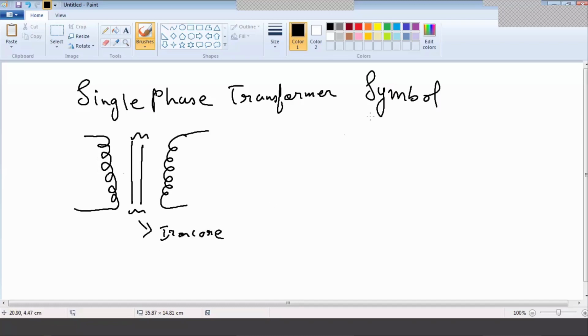Okay, actually what is a transformer? What is a transformer, students? What is the purpose of a transformer? What will it do? Can you tell me? It controls the flow of current.